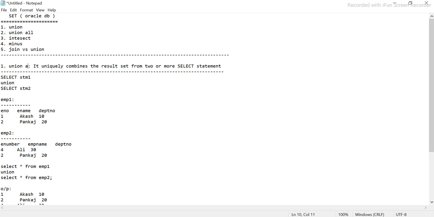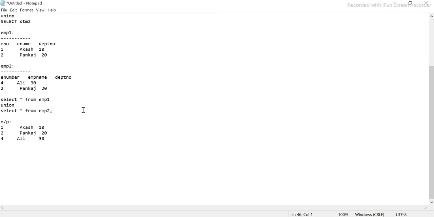Union all basically combines all the result sets, which means everything. Everything means it will not combine only unique rows, it will combine non-unique also. If there is a duplicate, that will also be combined, so it will also come here.